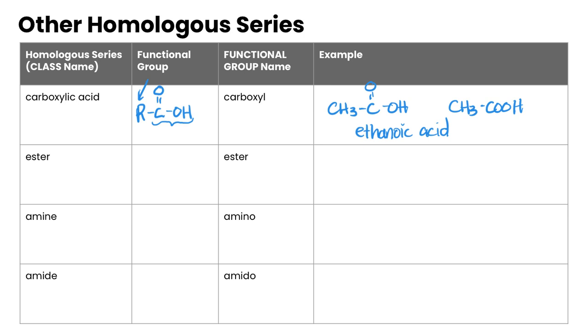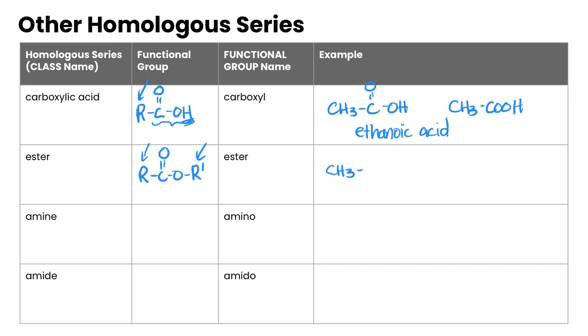The next one is esters, and esters look like carboxylic acids. So they have an R group. They have the C double bond O bonded to another oxygen, but then instead of this hydrogen, we have another alkyl group. The two R groups can be different numbers of carbons. They do not need to be identical. The functional group name is called an ester, and an example might be